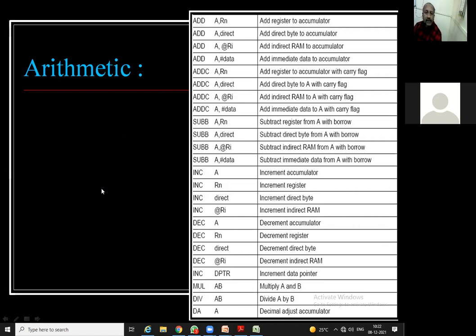Next one: while reading data from memory, what is the operation here? Reading. So while reading, only the RD bar flag should be low. At the same time, the WR bar flag should be high. So this sentence is a correct one, that is, the WR flag should be high, because in reading RD bar should be low, and at the time WR bar should be high.